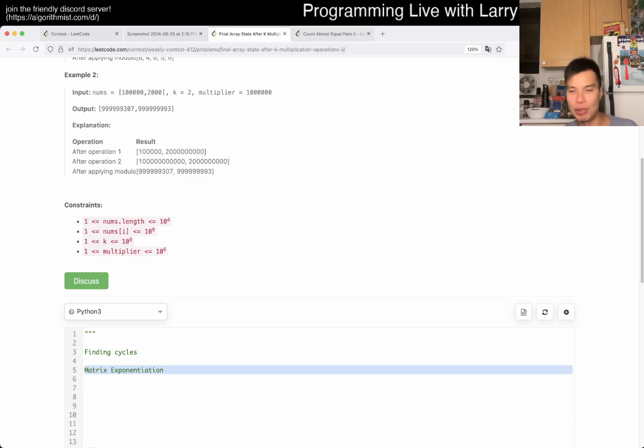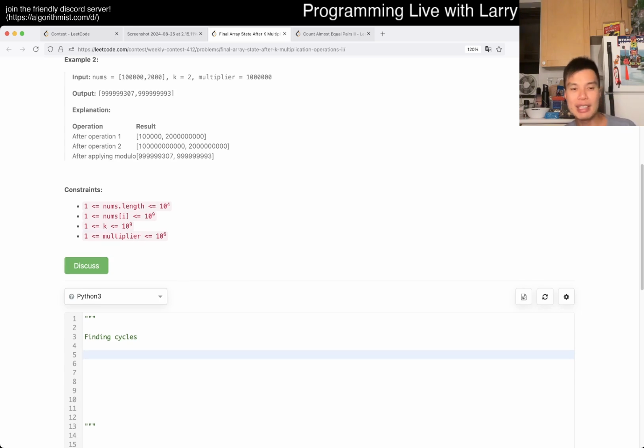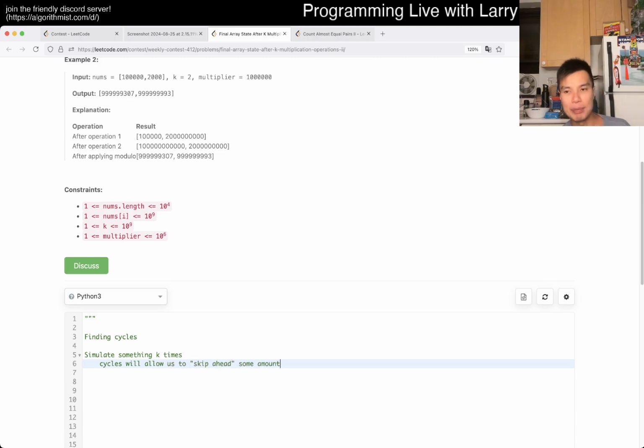So I immediately wrote that out, but that is something that comes up sometimes when you see a big k. So finding cycles. There are many different ways of, this is a general idea. The idea here is it's not always the same idea, right? There are just multiple different ways. The thing is that you want to simulate something k times, but cycles will allow us to skip ahead some amount, and it doesn't always have to be just one cycle. Some problems may have different, but these are the ideas that we're playing with. And if you kind of think about